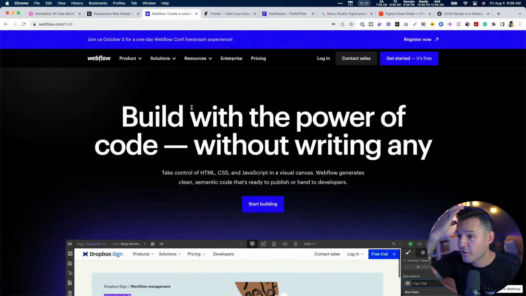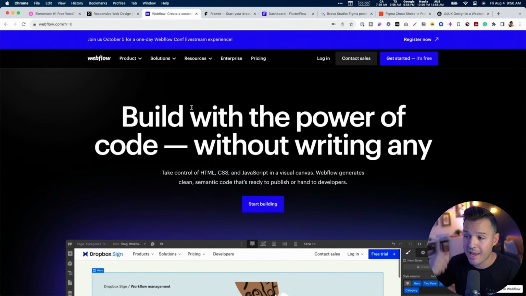But Webflow definitely has the ability to build web applications where a user signs up for an account, like password and email, creates that account, and then interacts. Now, I do think that